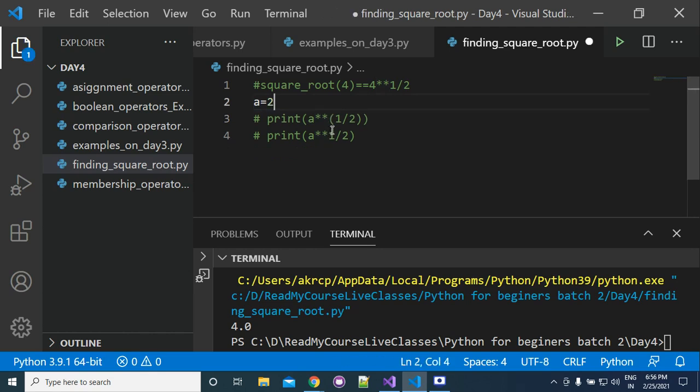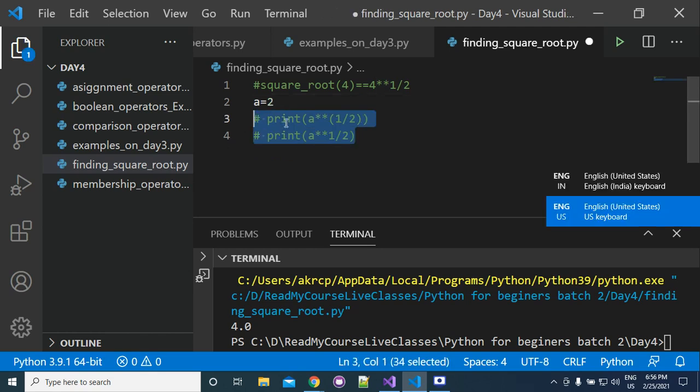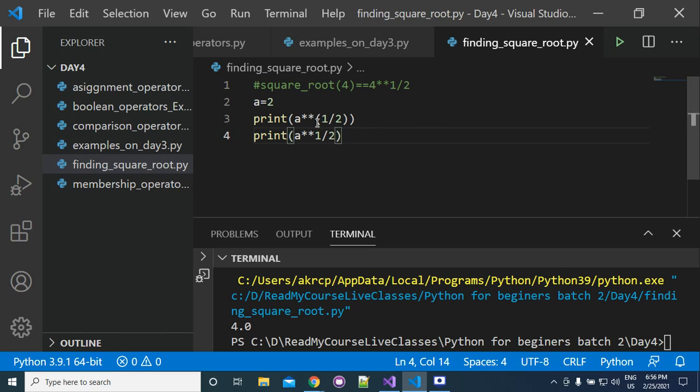Similarly we are writing here a to the power 0.5. So what will it return? A to the power 0.5 is basically square root. So if you have the value of a is equal to 4, it will return you 2 in that case.